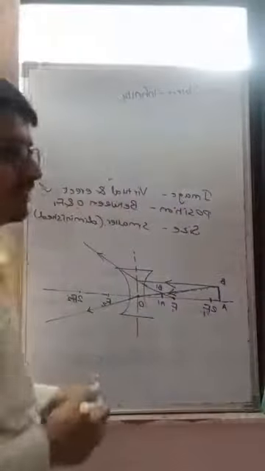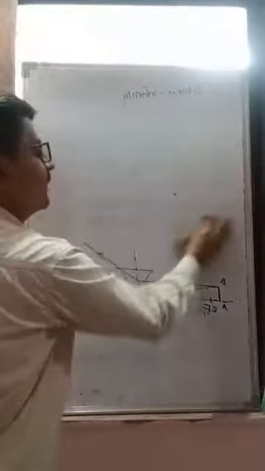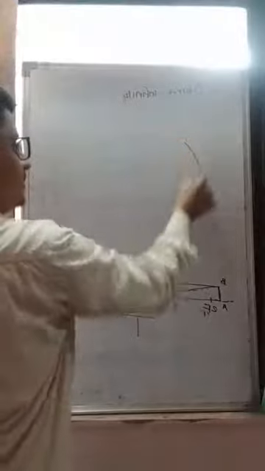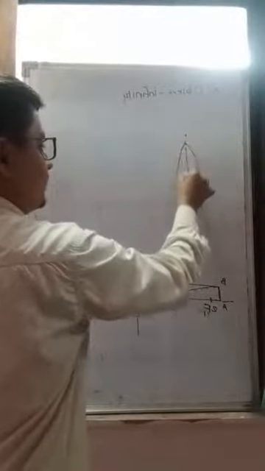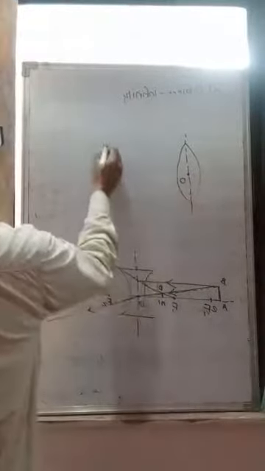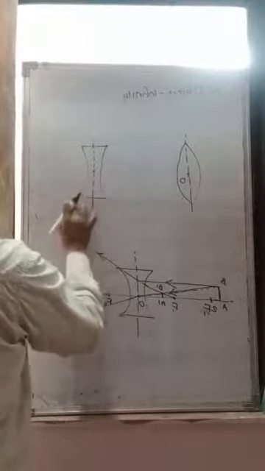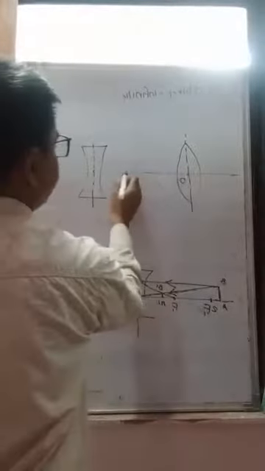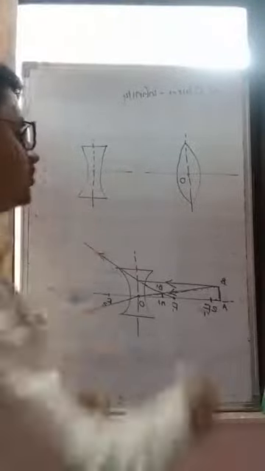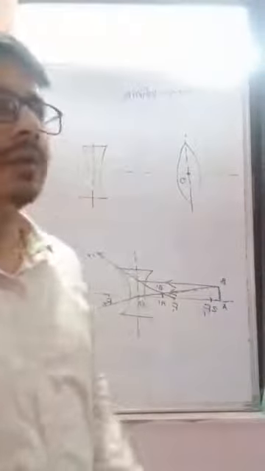In both the types of lenses we have an optical center, and it is denoted as a capital O. There is an imaginary ray passing through the optical center, and we call it the principal axis. So if we choose this optical center as the origin of the geometrical axis,